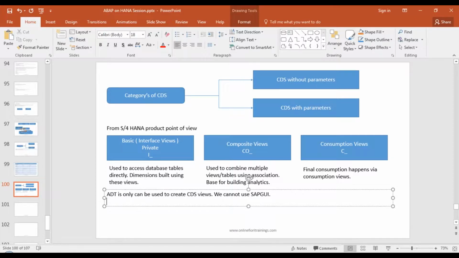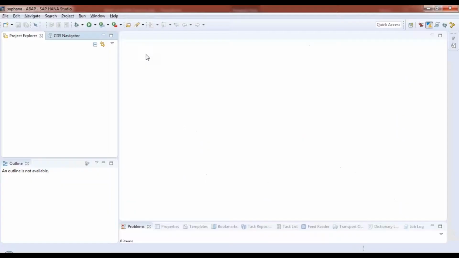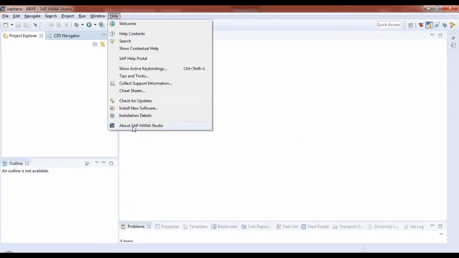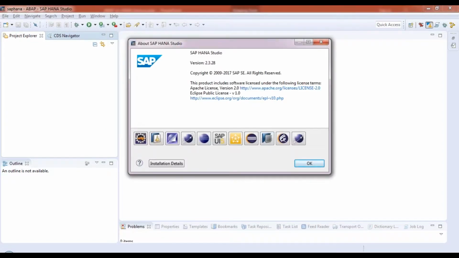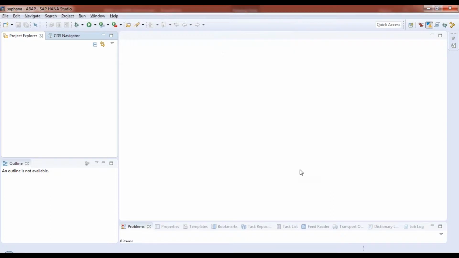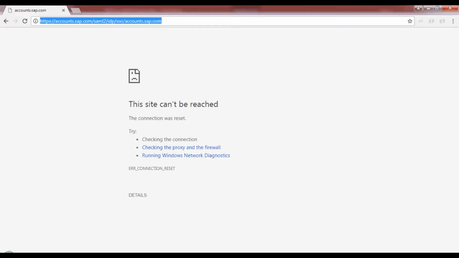Of course, HANA Studio is a child of Eclipse. It's basically Eclipse. So if I come to HANA Studio and show you here, you can see it's actually Eclipse. You can see it's an eclipse.org product. See, it is Eclipse, it's built on top of it. Since Eclipse is open source, SAP downloaded all the source code, changed it and built HANA Studio on top of Eclipse. So HANA Studio is a child of Eclipse, guys. Very important point to note.